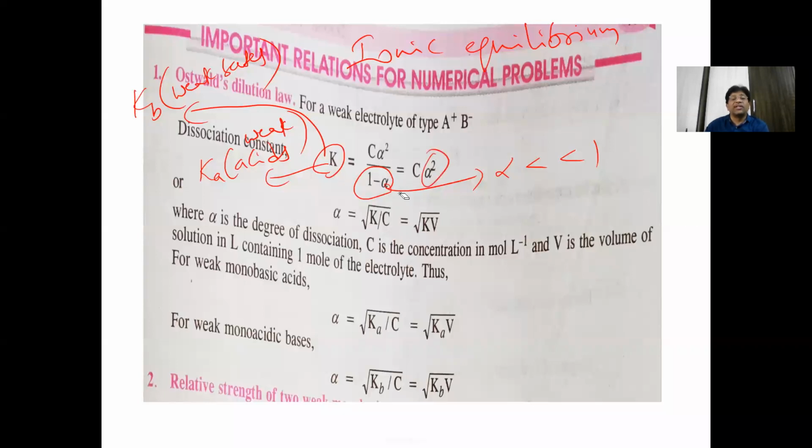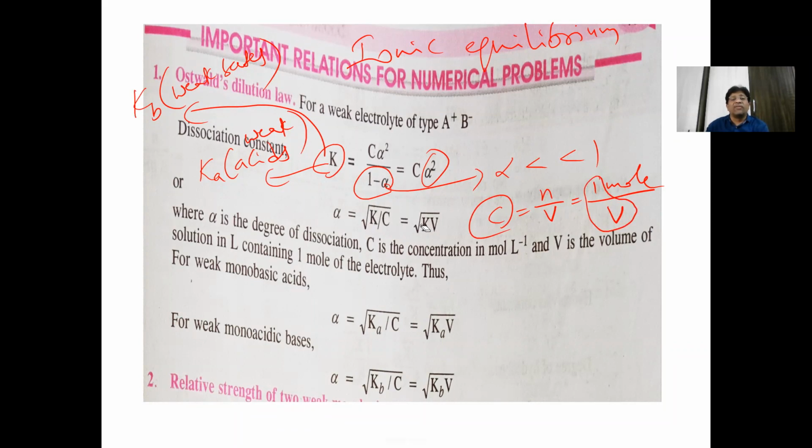So C alpha square is equal to K, and alpha square is equal to K by C. Then alpha is equal to under root K by C. Also, the concentration is nothing but the number of moles by volume. If you take 1 mole by volume, C is equal to 1 by V. In place of C, if you write 1 by V, under root K by C